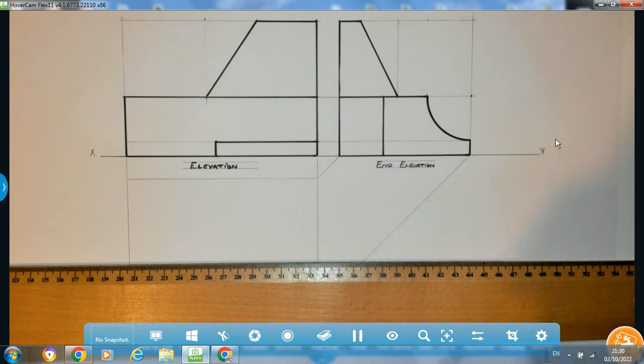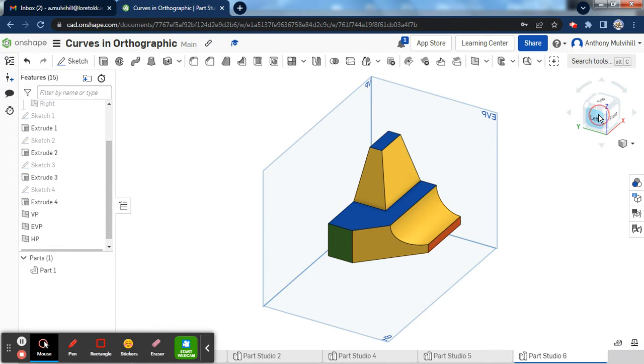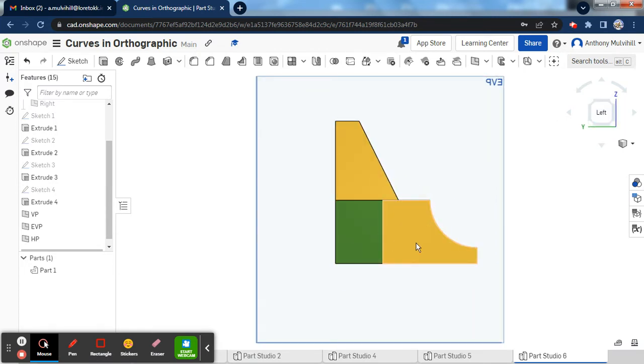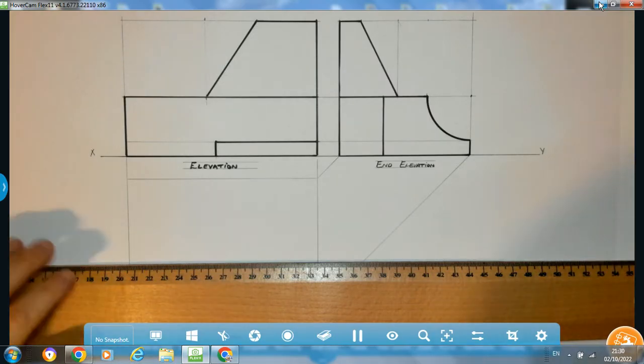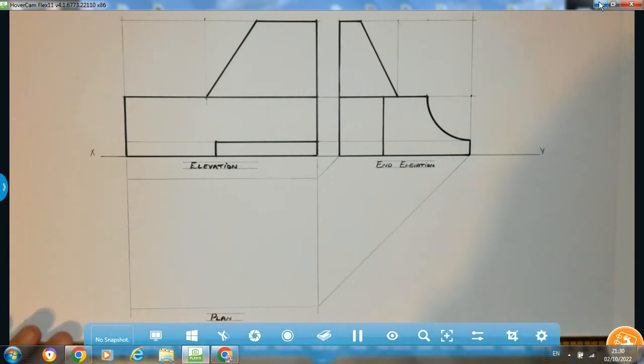Just going to refer out to the model there again. You'll see if I come over here, green surface, there's that perfect quadrant of a circle, there's the angles and the inclined lines. So if I just refer back out to my model, you'll see, yeah, there they are. Very happy with that. So now what I'm going to do is move on to the plan